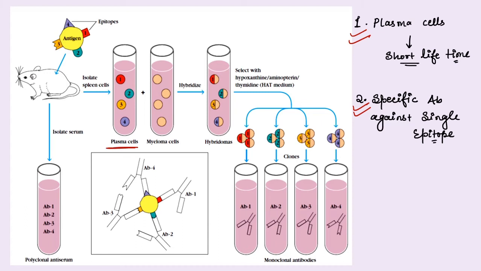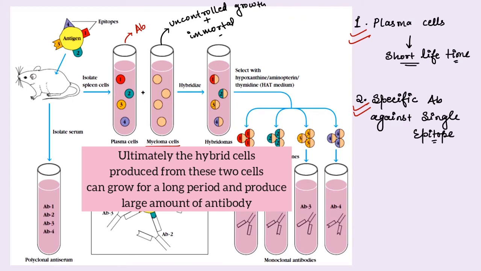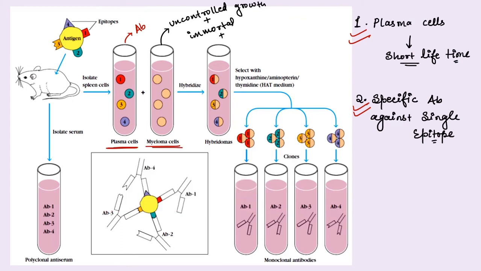Now these plasma cells are fused with the myeloma cell. Why so? Plasma cell can form antibody. Myeloma cell on the other hand can show uncontrolled growth. Plus they are immortal because they are cancerous cells. Also, they contained two major mutations. One was HGPRT minus. So these myeloma cells were deficient in this enzyme, and they also could not produce immunoglobulin. Okay, so it was ensured that whenever the hybrid cell is produced, the antibody will be produced only due to the plasma cell's property.